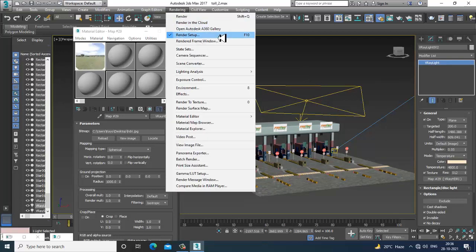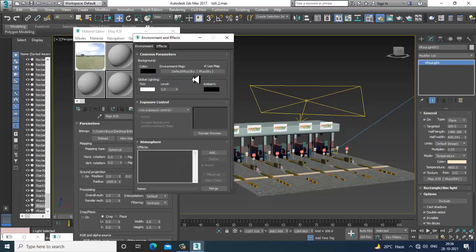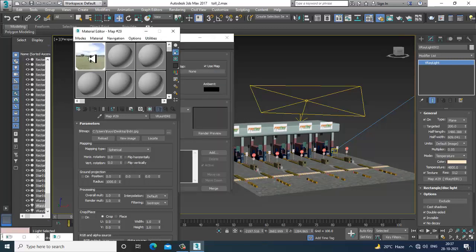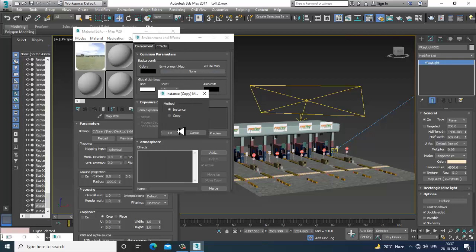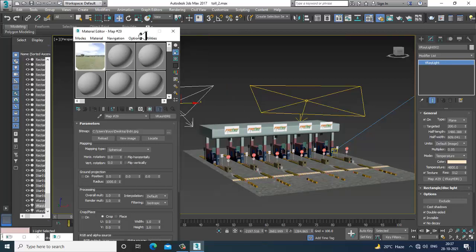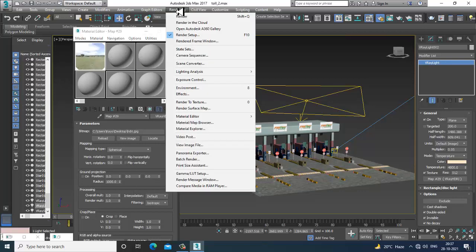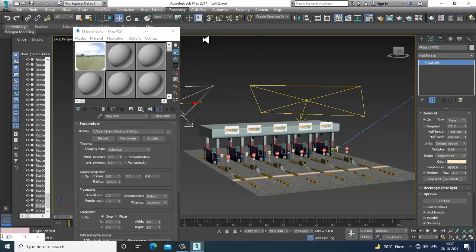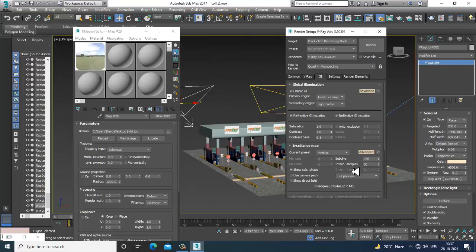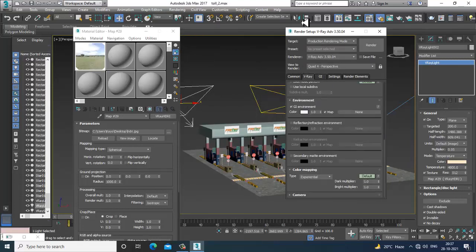In environment, instead of V-Ray sky, I'll add an HDRI map over here. Then rendering, render setup, and into the V-Ray GI environment also I'll add this.